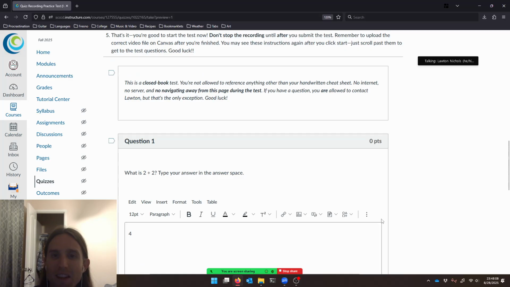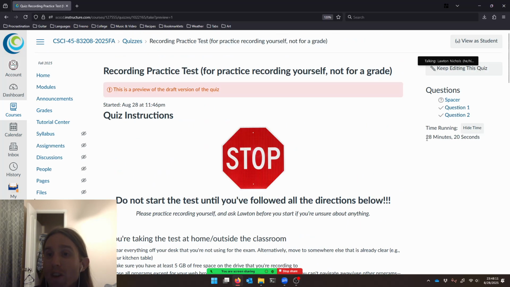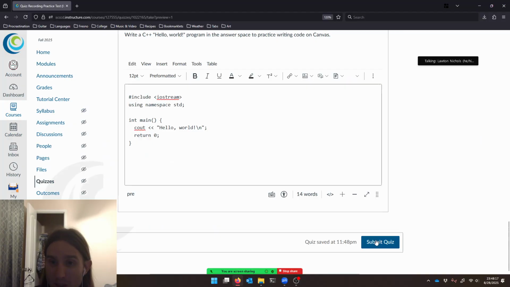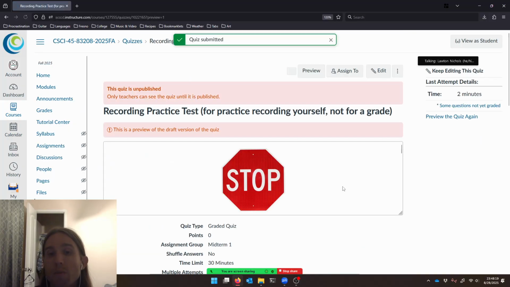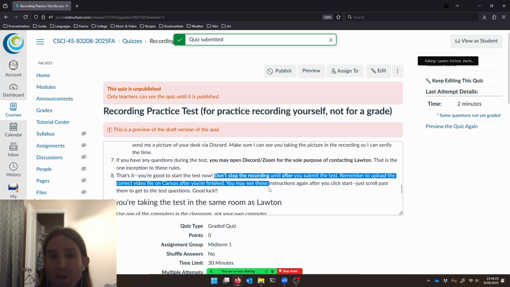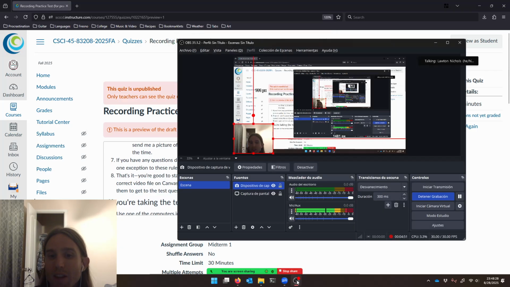So yeah, that's the test. Once you're done or the timer expires, the timer might expire and it'll cut you off the test. But if you finish early while the timer's still ticking, you can click submit. And only once you've clicked submit can you stop the recording. All right, then again, that's part of the instructions. Don't stop the recording until after you've submitted that test. And so now once I click stop